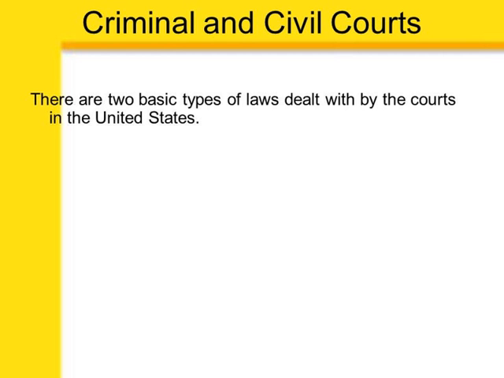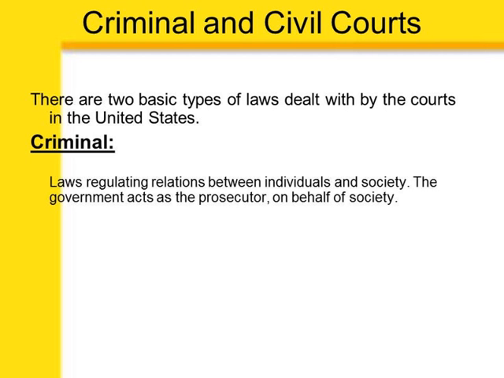We write laws so that we know how we're supposed to treat others, and how we're supposed to act in certain circumstances. So when we talk about criminal law versus civil law, we're really talking about the regulation of two different types of relationships. When we talk about criminal law, we're talking about laws that regulate the relationship between an individual and